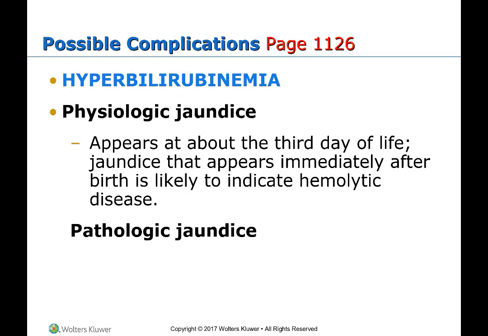So normal bilirubin levels range from 2 to 10 milligrams per deciliter during the period of 3 to 5 days after birth. That's pretty high, but that's what they range from. So they do check not just the bilirubin, but the total, direct, indirect, etc. So the total, they're just talking about the conjugated and unconjugated,